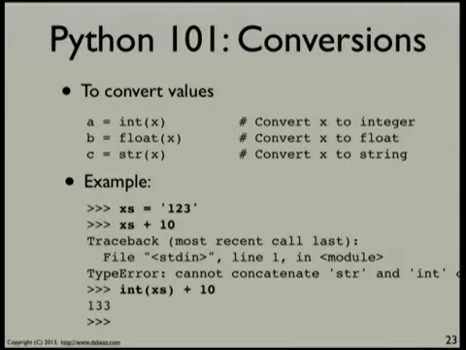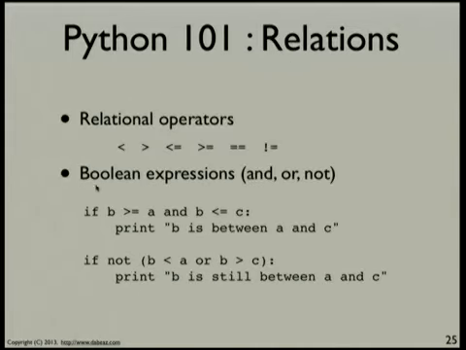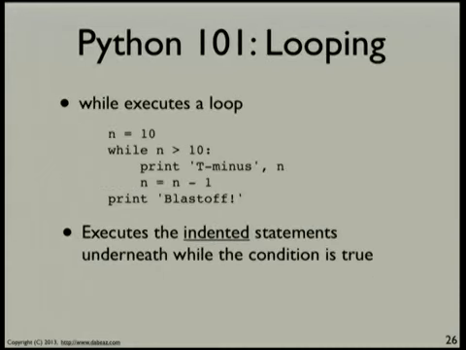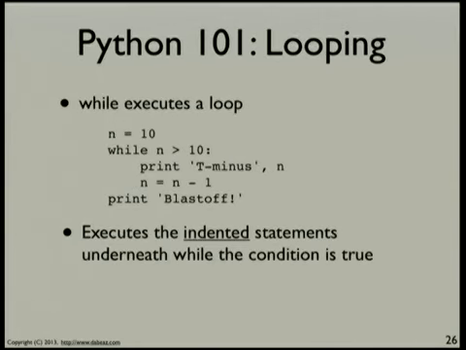So you might have to do some conversions, and then some other things in programs. If you ever want to do a conditional, just use if and else for that. Okay, pretty straightforward. You see that in most other programming languages, if and else. If you want to do relations, it's just less than, greater than, equal. Same kinds of operations that you have in other programming languages. If you want to do Booleans, you just do and, or, and not for that. Okay, so those are some conditionals there. If you want to do looping,